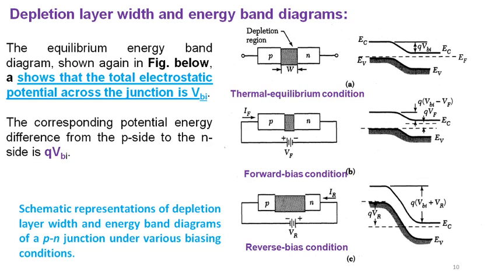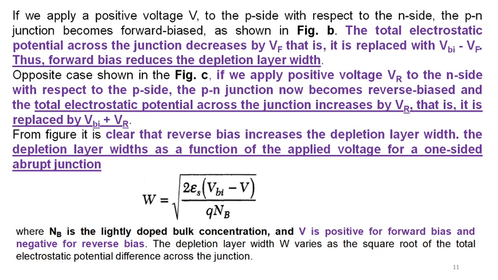And in the case of reverse bias condition, negative voltage is applied to the P side and positive voltage is applied to the N side, then the depletion layer width W goes on increasing due to the reverse voltage here, which is shown by q(Vbi plus VR). In both cases, how the band bending or the potential changes according to the applied voltage, whether forward bias or reverse bias, is given here in detail.